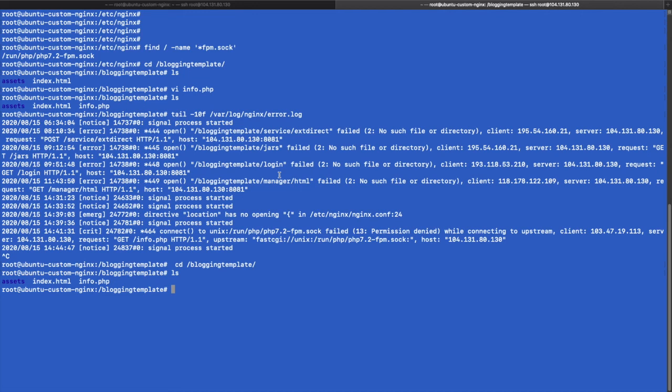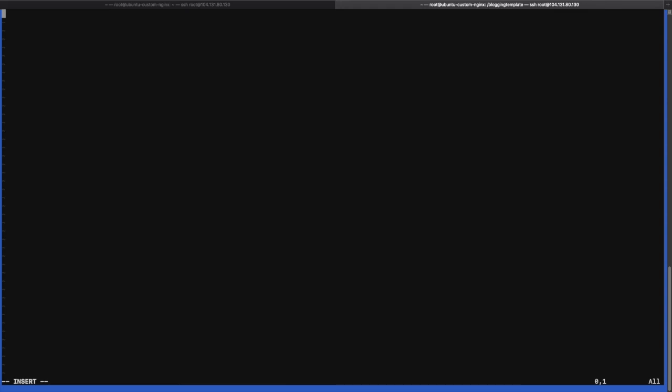Why are we creating the index.php file? Because we have defined index.html and index.php at the root location, and we have mentioned in the index directive that if the root location is called, the first preference should be index.php instead of index.html. So call vi index.php, go to insert, and over here we will print some data with the help of a PHP program. I'm going to provide some basic echo commands. I will initialize the PHP file, close the PHP file, and mention echo hello, echo welcome to Nginx training, echo enjoy all of the Nginx lectures.